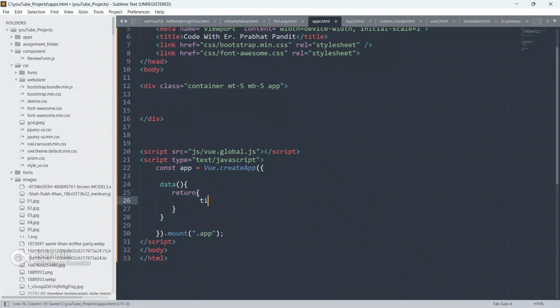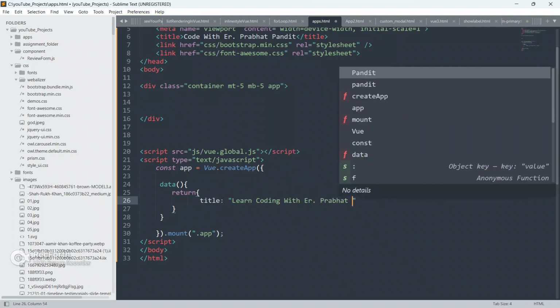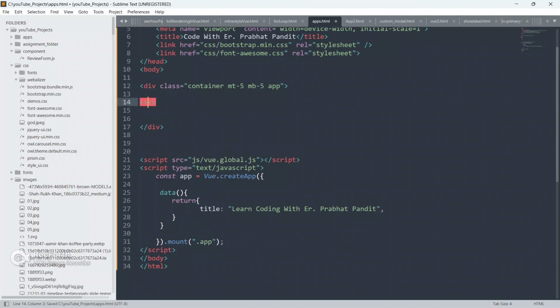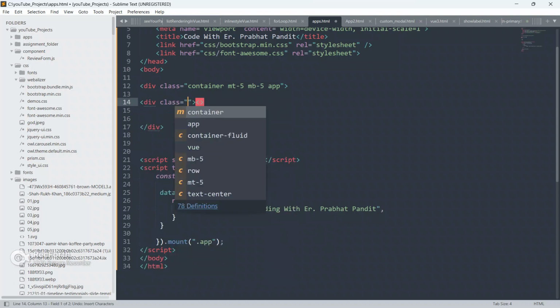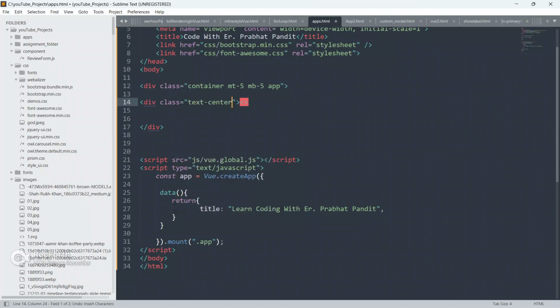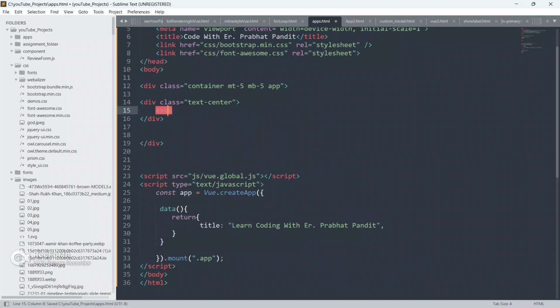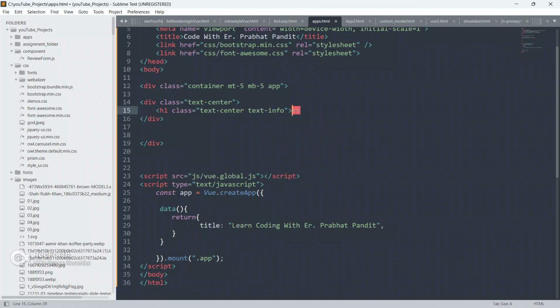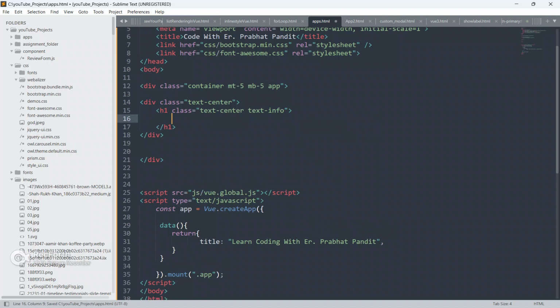Okay, so now I'm gonna create some variable here. Give title as learn coding with ER Prabhat Pandit. Okay, so as you all know guys, we create a div, give it a class of text center and close this div now, and inside this div I am gonna create an h1 element, give it a class of text center and text info also, and close this h1 first.